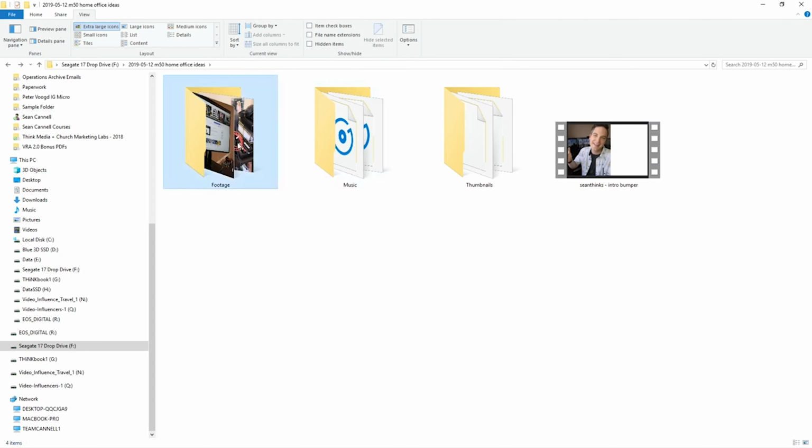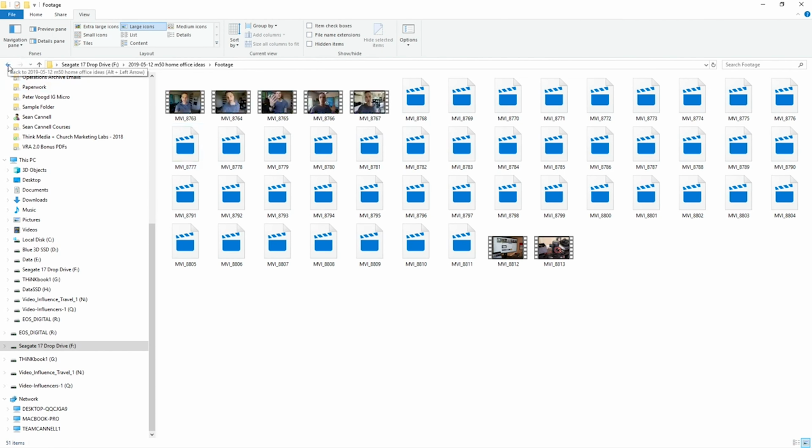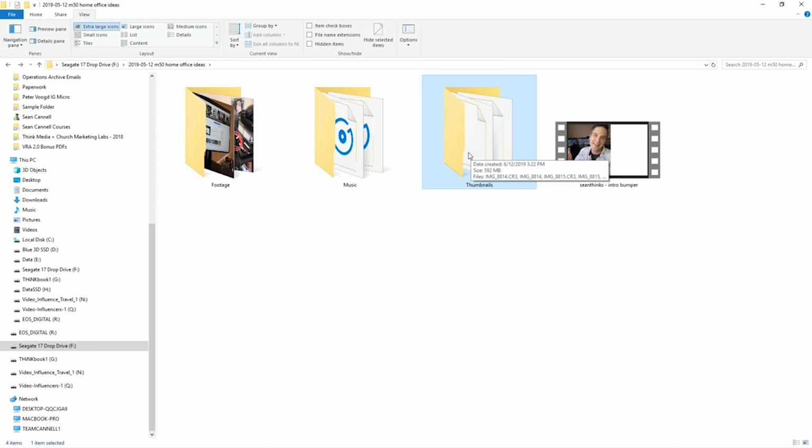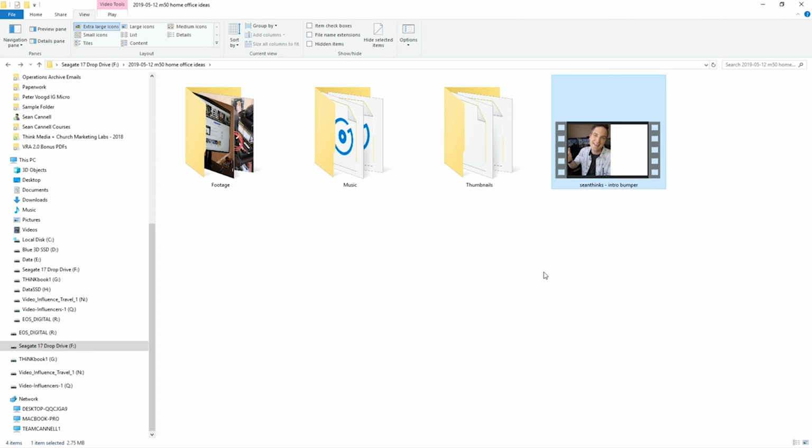And here's how I organize some of my files. I've got my footage folder, and this is all of the footage that I shot in video number 1, including the A-roll and the B-roll. I've got the music folder, and we'll talk about that in a bit. The thumbnails, and we already created our thumbnail, but that's where I would save all the image files. And then I've got my intro bumper. Now, if you don't have one made, you don't need one, but this is just my little bumper for my